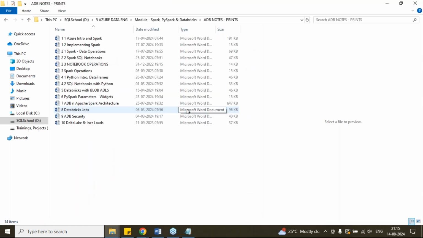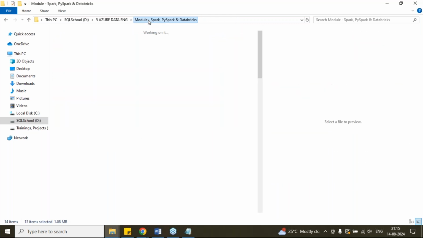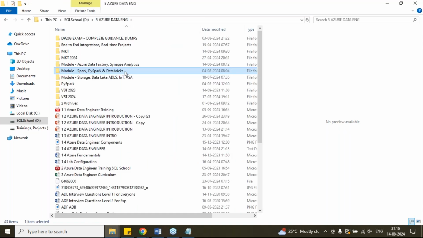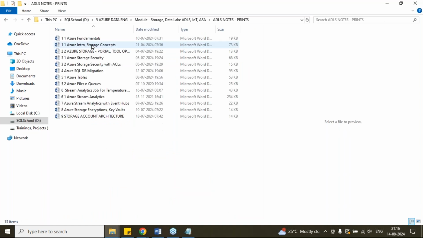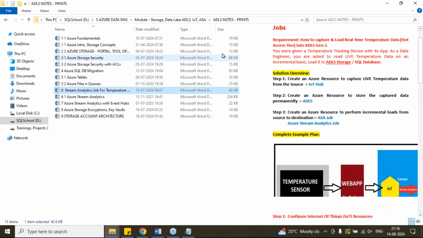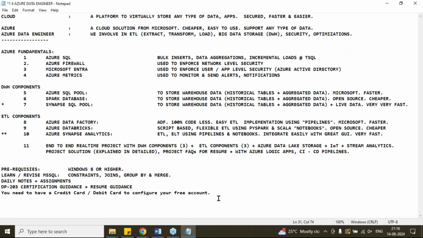For example, we are into Spark and PySpark open source ETL 2 weeks, Microsoft ETL 3 weeks, data lake storage and stream analytics and IoT 2 weeks. Total 7 weeks journey divided into 3 different modules. So here it is. The 7 weeks journey